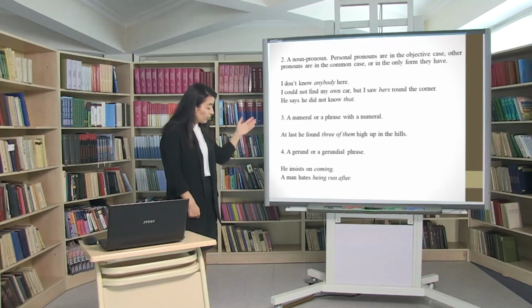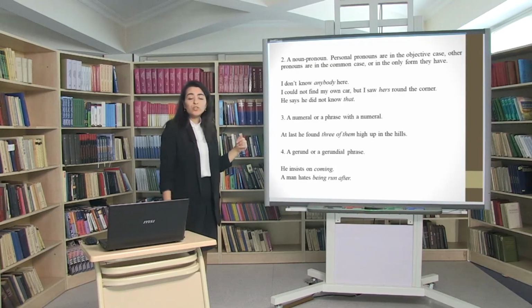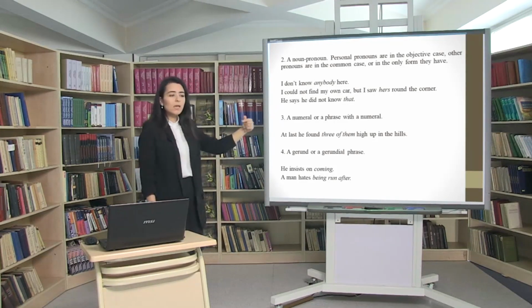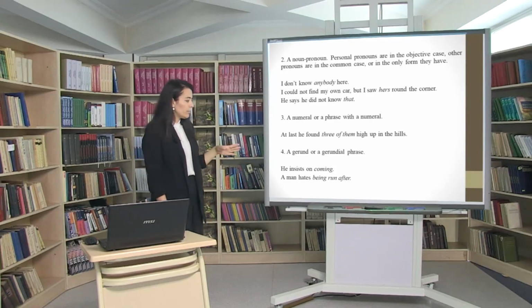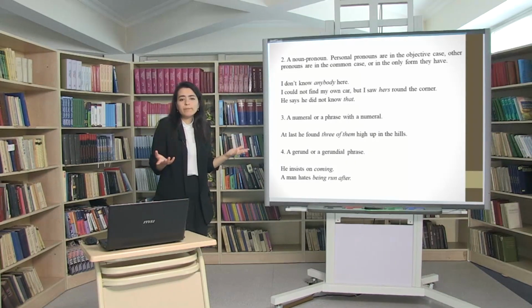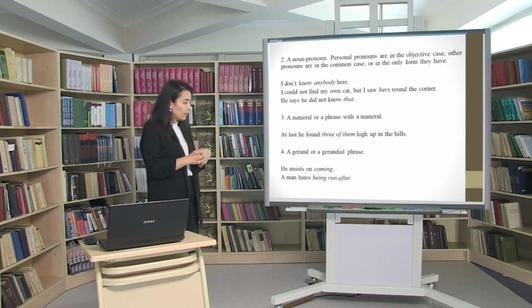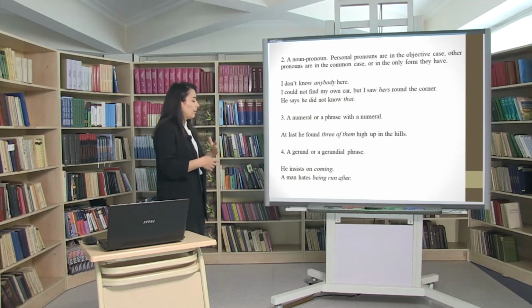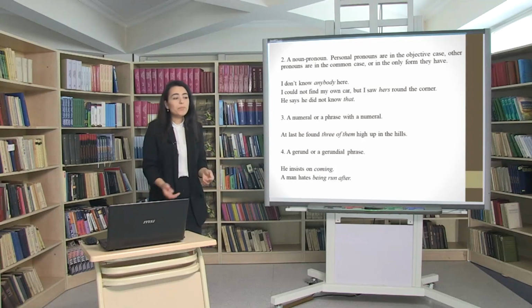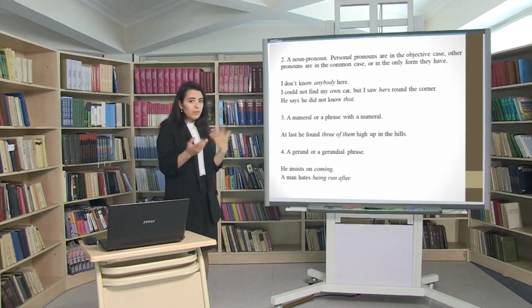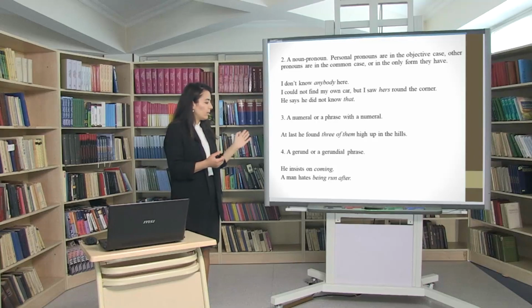The first one is a gerund or a gerundial phrase. As I said, infinitive phrases and gerundial phrases can easily be used in the function of object in sentences. For example, he insists on coming, or a man is being run after. And additionally, I would like to say that